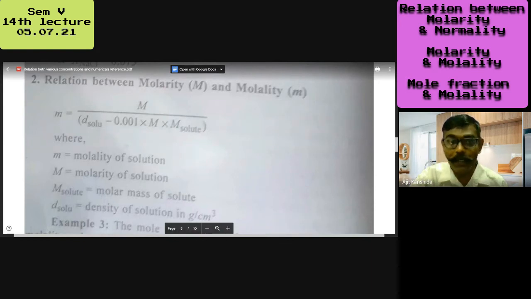But we don't want density here actually. To find the molality, what do we want? We want number of moles divided by the mass of solvent. What we are getting there is density, but we want mass. But you told me density is equal to what? Mass upon volume. So mass is equal to what? Density into volume. Friends, are you following what I'm saying?